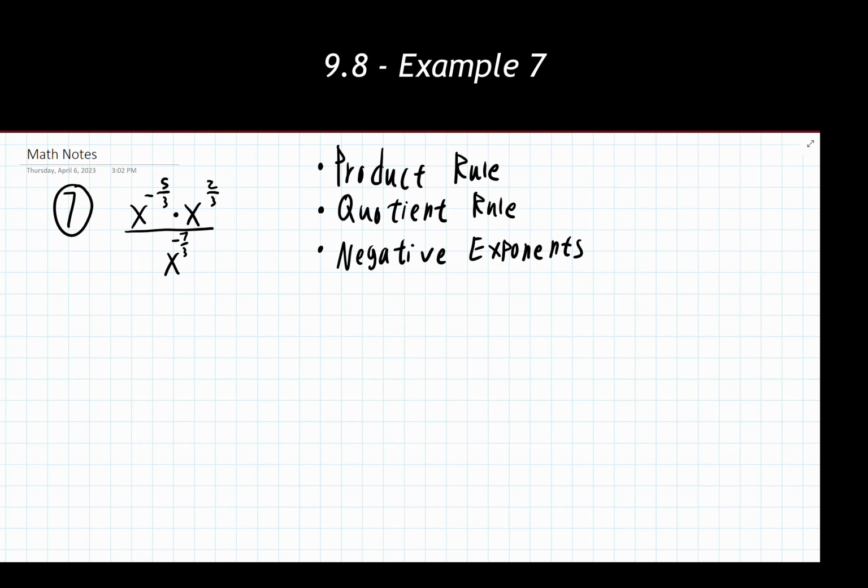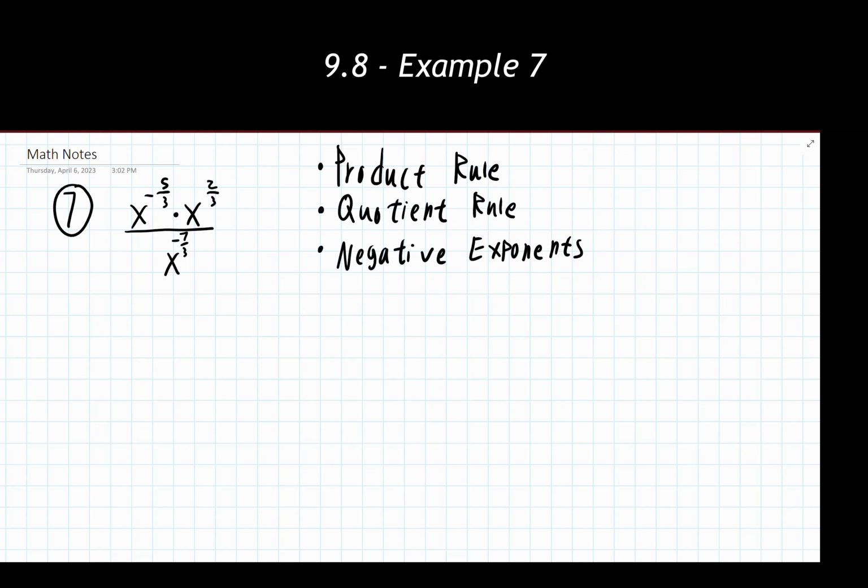Now, any and all of these rules and properties would be great things to start off doing with this problem. It's your choice on which one you would like to use, but really we just need to pick one and commit to it. For me personally, I like dealing with negative exponents first because I think they can get a little annoying. Keeping track of when am I going to apply that negative, how is that going to apply to everything around it.